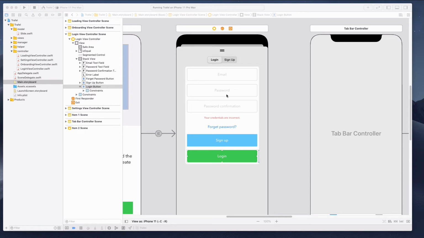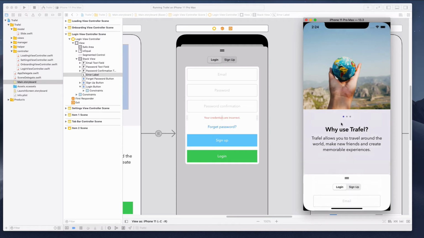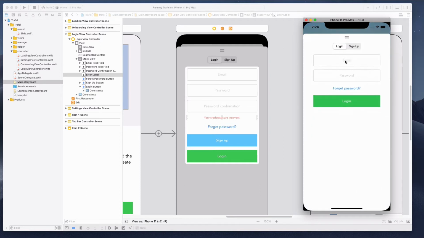In this lecture, we want to handle the situation if the login is not successful, and we will want to display the error message over here on the error label. So currently when we load the simulator, and let's just quickly open the login view controller, we don't see any error label because the error label is by default hidden when the login view controller is being loaded for the